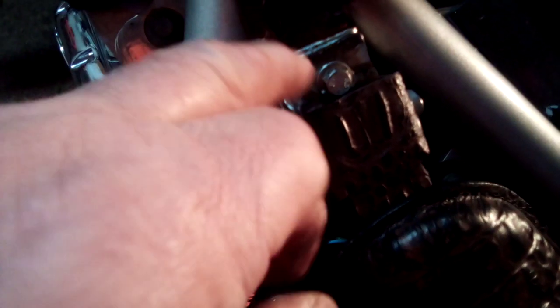Because right now what I have is I have the bolt inside there. It's a 10 millimeter. Well, it's not a bolt, it's a nut. I keep on saying bolt. It's a 10 millimeter nut underneath here, so I gotta either come up that way or I gotta go in that way with a wrench and hold the bolt in. The bolt has to be taped to the wrench, so it's a little bit of a pain in the ass. So as soon as the weather gets nicer, we'll take this off and I'll weld the bolt on top